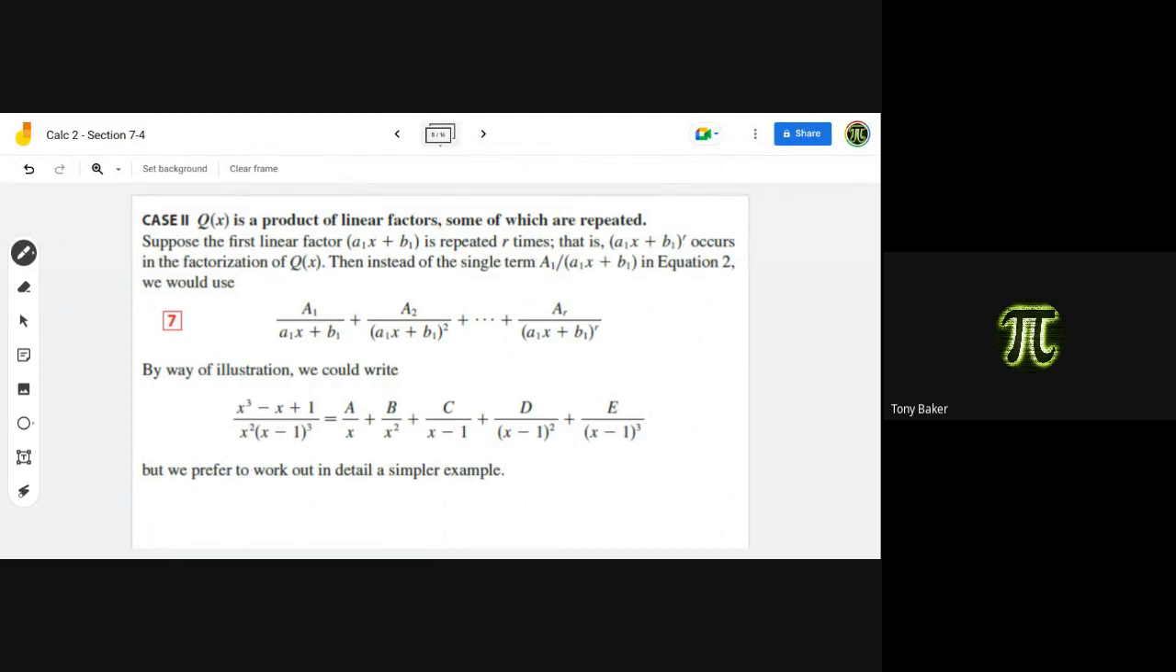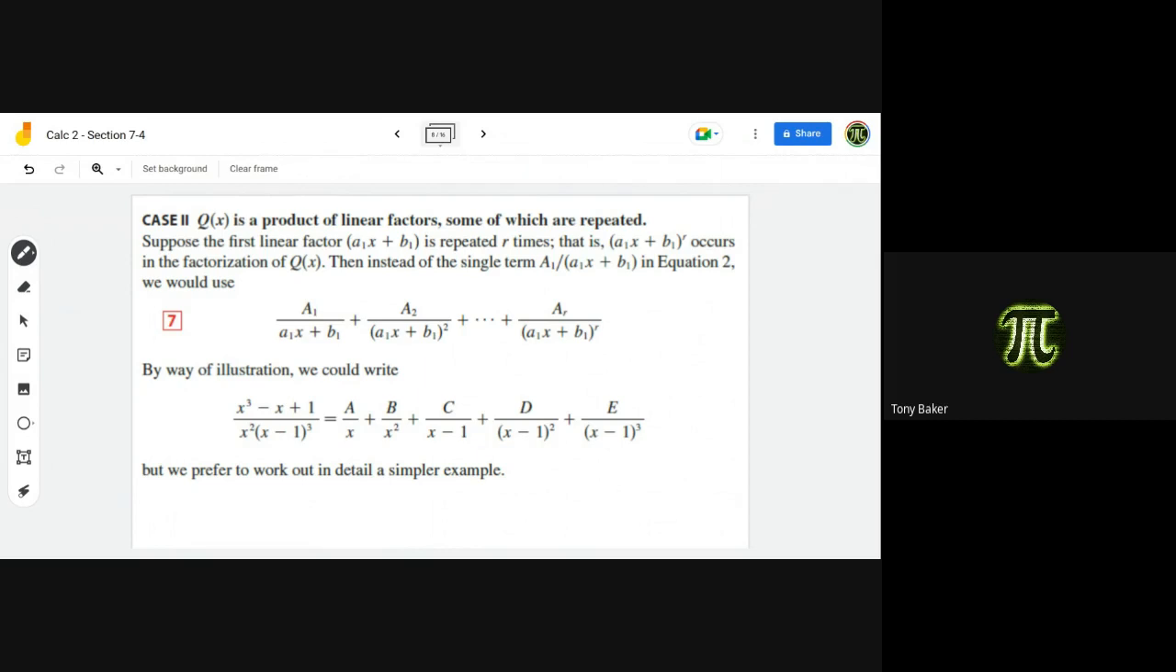Case two deals with if the products of linear factors repeat themselves. The process that we're going to do will be exactly the same. Everything I just did will be the same. The only thing that changes is the setup. So if I had, like this one, x squared and x minus 1 to the third power,